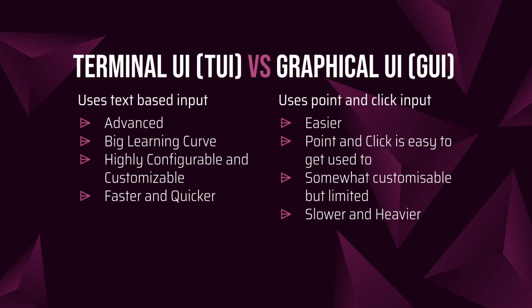Why should I not use the graphical user interface? Well, as every one of you may have been accustomed to the Windows graphical user interface of point and click using the mouse, the honest truth is that text-based input in the terminal is much faster, more advanced, and easier to use. But the problem with it is that it requires a higher learning curve from anyone coming from any desktop operating system, because everyone is used to the mouse and keyboard combo of clicking things and dragging things and right-clicking things. In the terminal, we usually don't use the mouse.